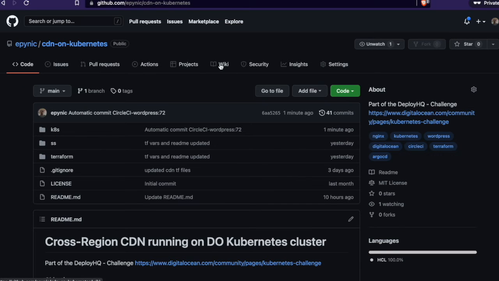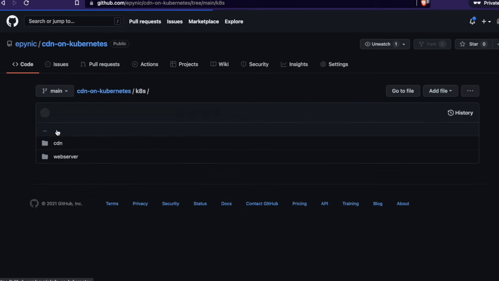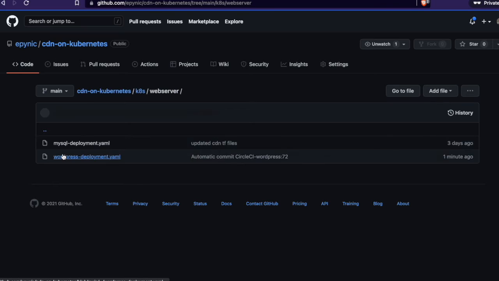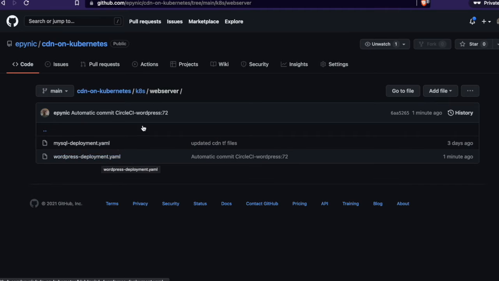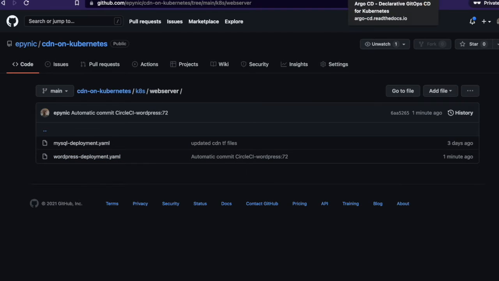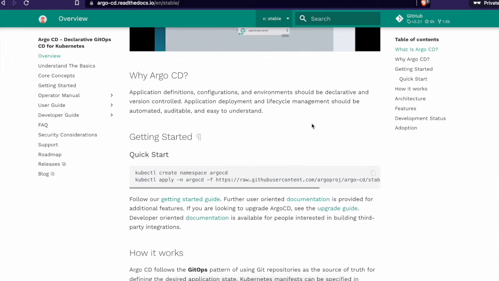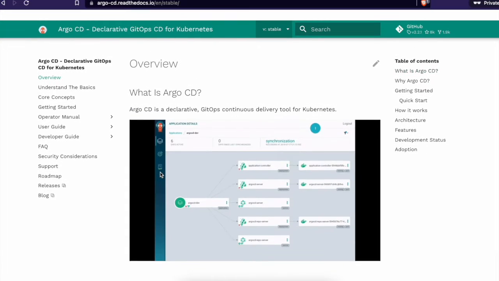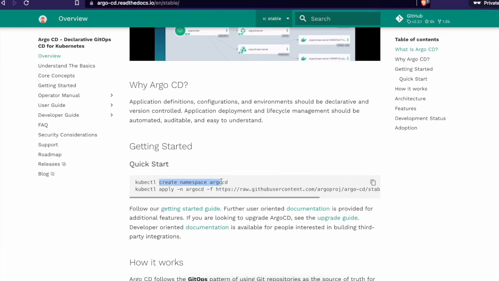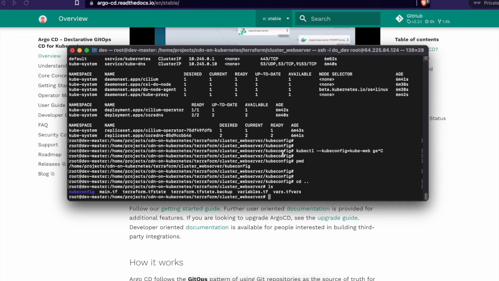So the next part, what we'll be doing is, we need to apply this manifest file to the cluster. Yeah, so for that, we'll be using ArgoCD. Yeah, so let's start. Let's copy. Let's create the